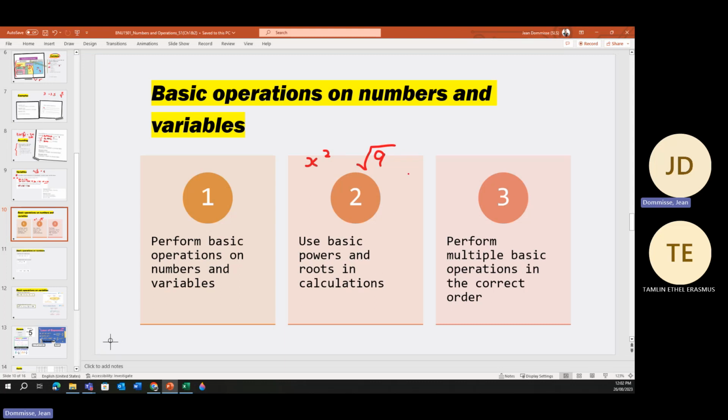Or it might also be that we look at cube roots. So what is the cube root of 8? So we will look at powers and roots, and then the last one is how to look at